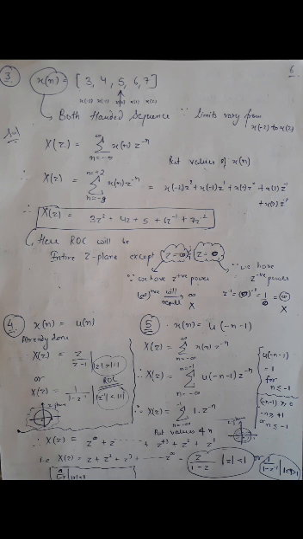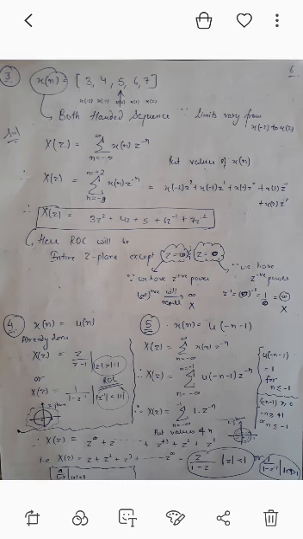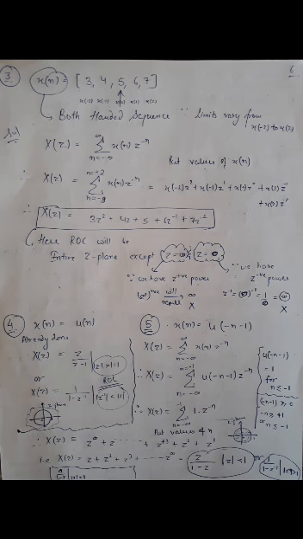Similar to the last question, we have the next question, that is x[n] equals u[-n-1]. This shows that this sequence is a completely left handed sequence, and the limit varies from minus infinity to minus 1, because u[-n-1] will be 1 for n less than or equal to minus 1. So put in the formula and open the summation. X(z) equals the sum from n equals minus infinity to minus 1 of u[-n-1] z raised to power minus n. If we open the summation, we will get X(z) equals z plus z squared plus z cubed up to z raised to power infinity.